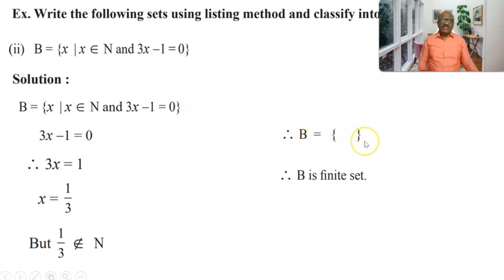b मध्ये किती elements आहेत? तर 0 elements आहेत. Therefore b is a finite set. Next,